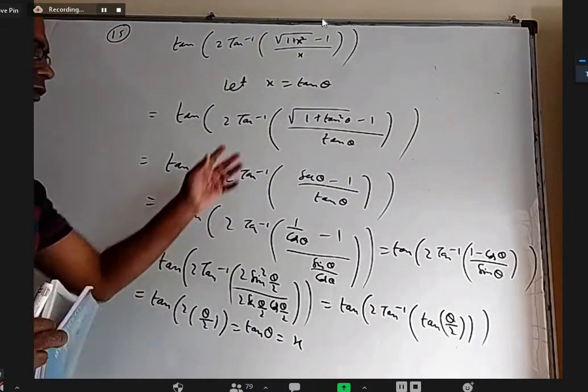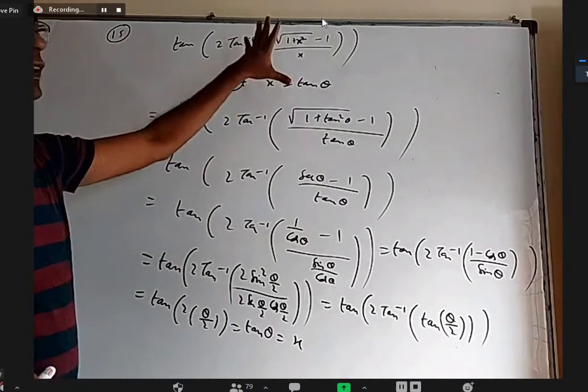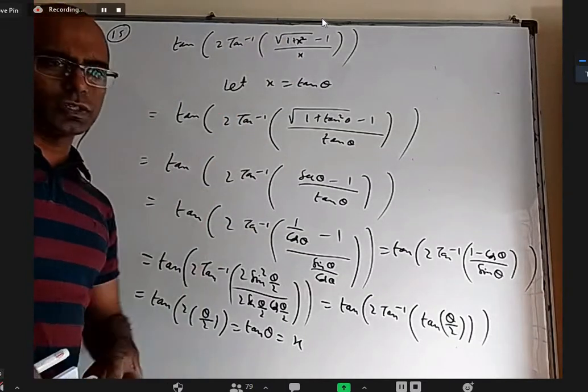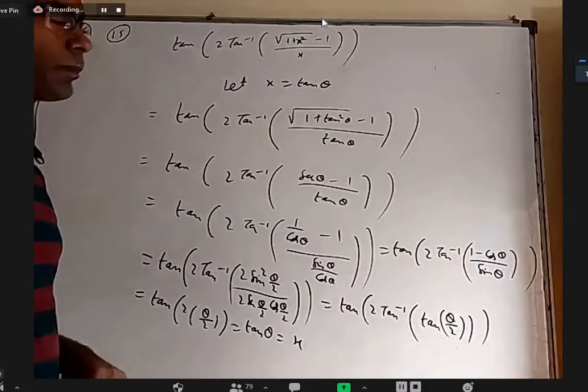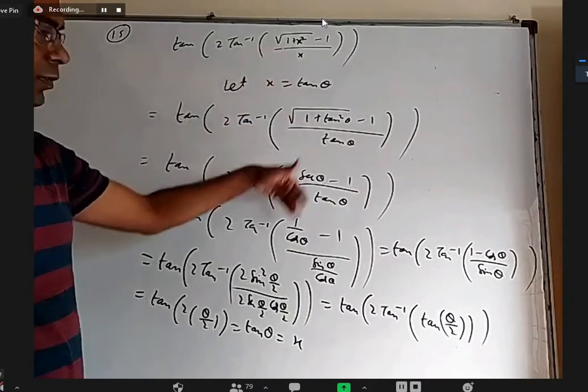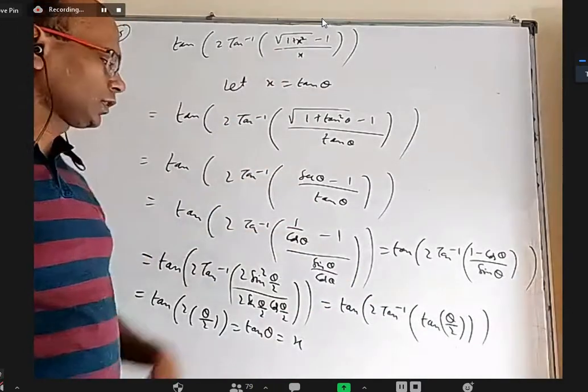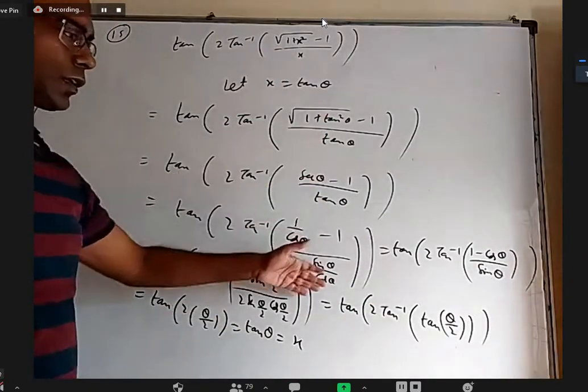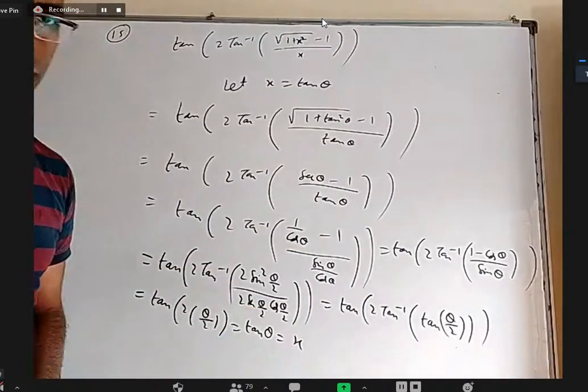Okay, so mainly you have to simplify this. There is another way to simplify which is a little complicated, maybe we'll discuss that also. But otherwise, simply take x equal tan theta just because root 1 plus x square is there. Keep on using your trigonometry. There is no more inverse trigonometry now, just normal trigonometry simplify. At the end, we put it back.